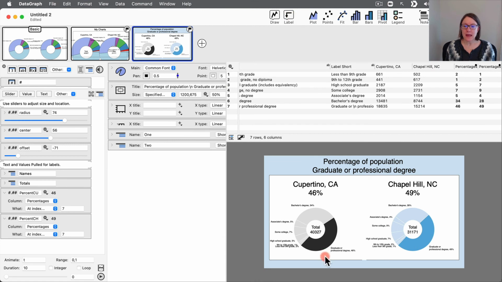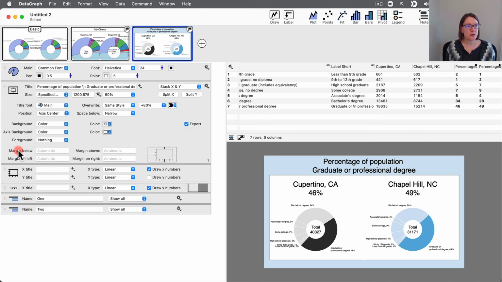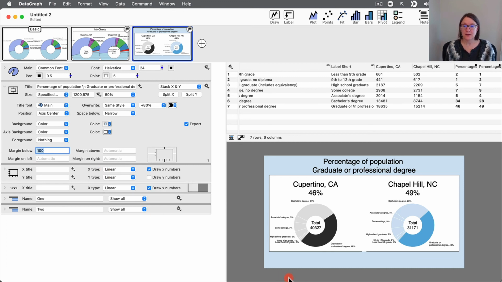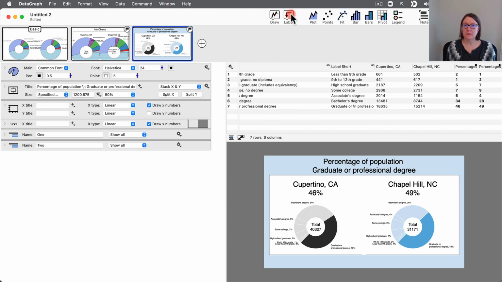So if you want to add another label in the bottom margin, one thing I'd probably do first is just expand this margin, and that I can do within my Canvas settings. If you expand these out, you'll see margin below as one of the options. I could make this maybe 100 points, and then I have enough room there. I don't know, maybe that's more than I need, maybe 80. And then add a text command